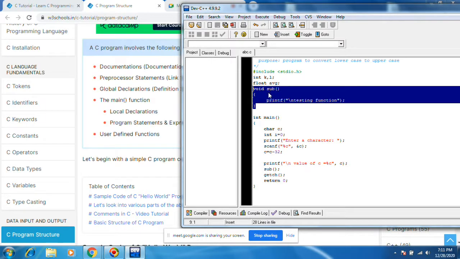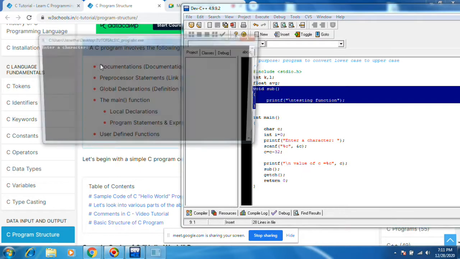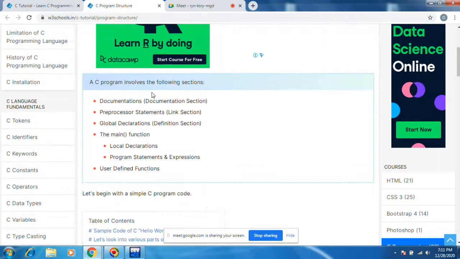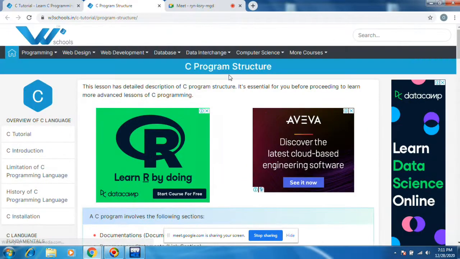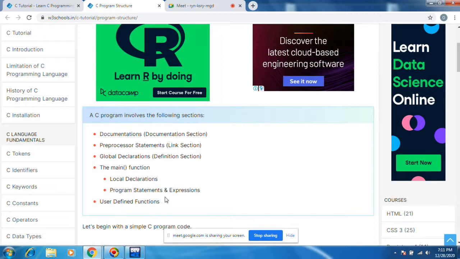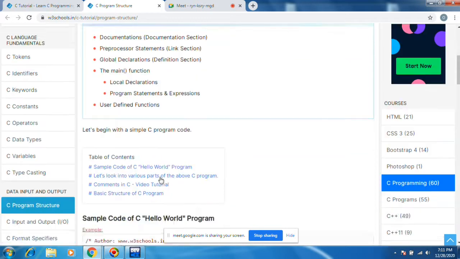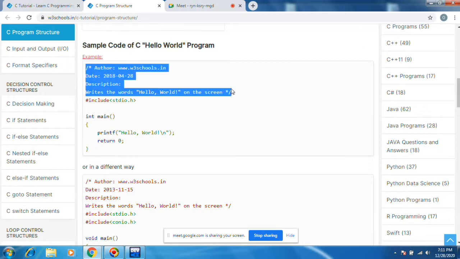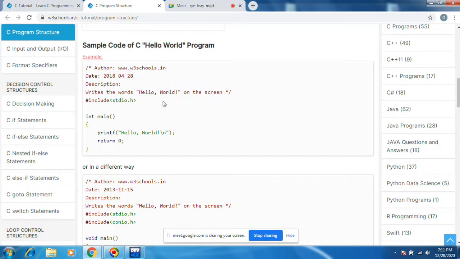This is called the structure of C program, or something like C program structure. Next thing will be here. This is the documentation section. This is the preprocessor section.